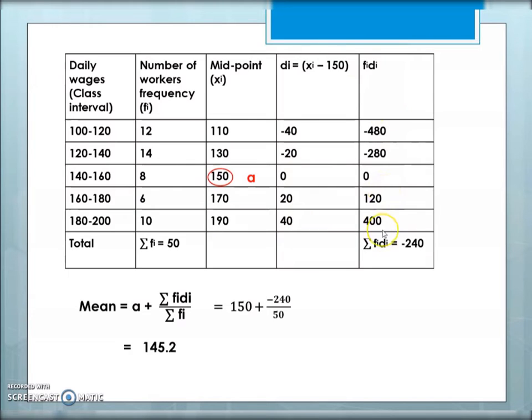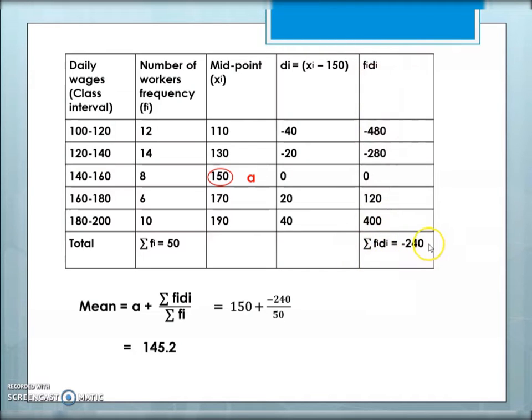The next step will be to find fi di. So for direct method I am finding xi into fi. Directly this xi will be multiplied with the frequency. xi fi column will be found and then summation of all those. In di, now these numbers if you observe they have become smaller because I have subtracted all from 150. So these numbers are smaller and easier for me to multiply with fi. So then I find fi di column, summation of fi di, that is add all these numbers.